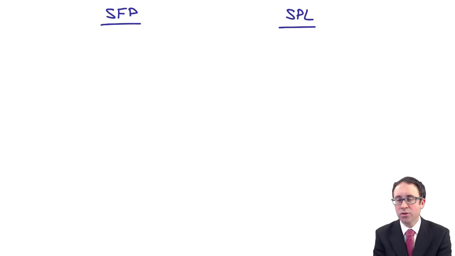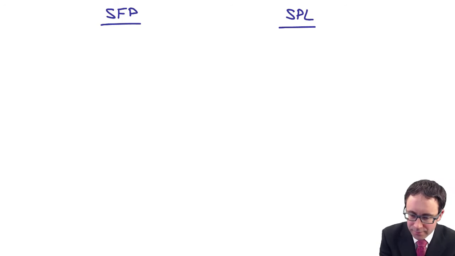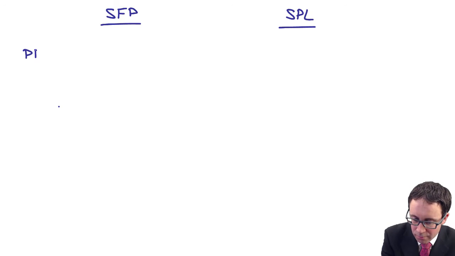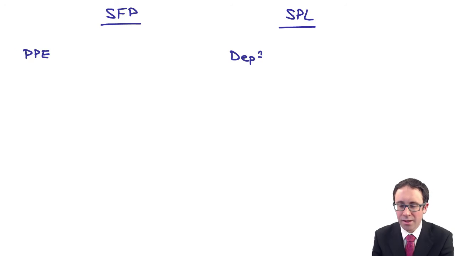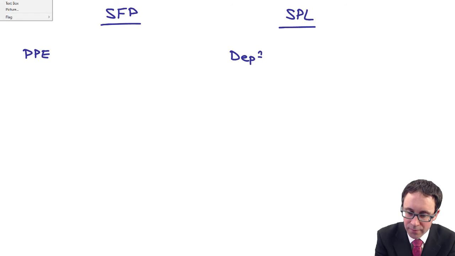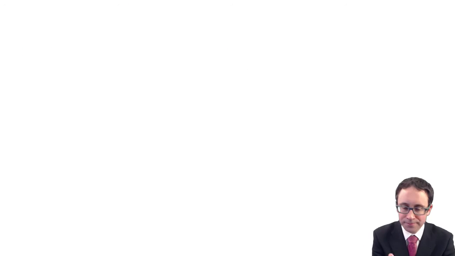We've got the statement of profit or loss. I'm not worried about other comprehensive income. And then what we've got here is that we will have some PPE, and then we will also have some depreciation. And remember, the year is the 31st of December 2015. Okay,